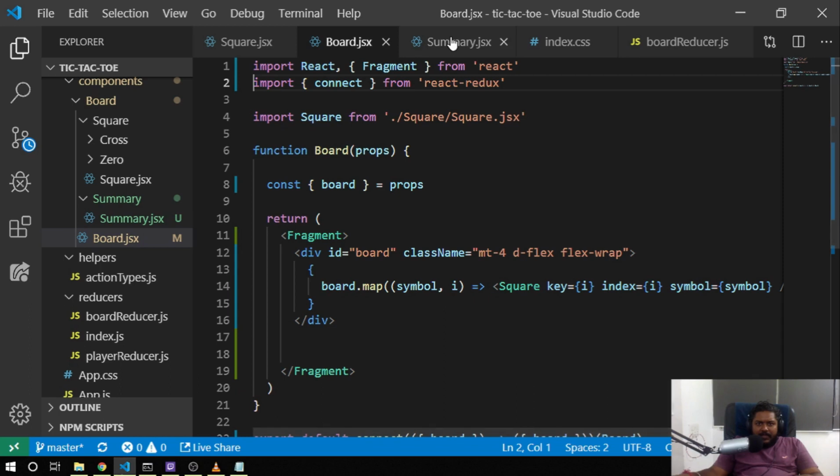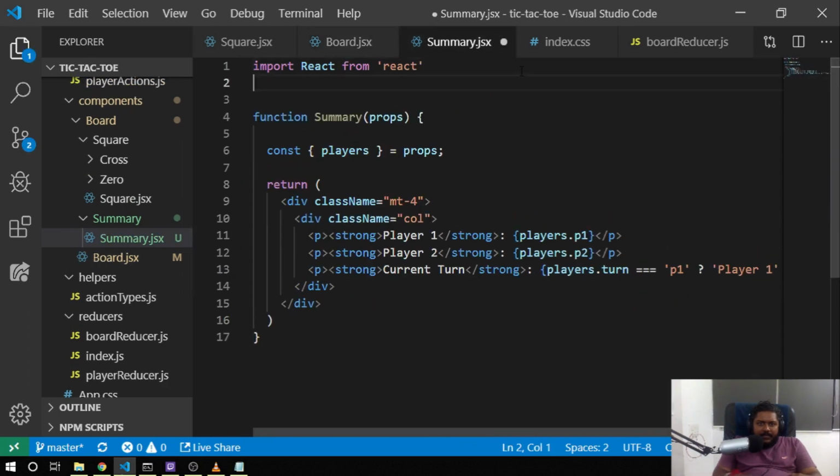And in the summary we can import connect from React Redux and export default connect. First argument would be players,